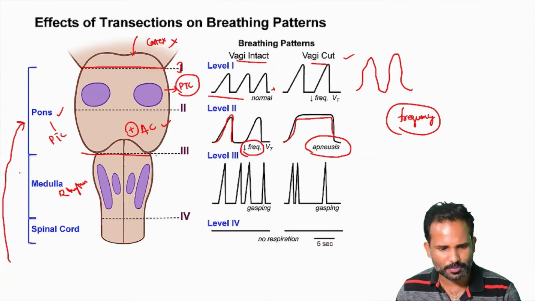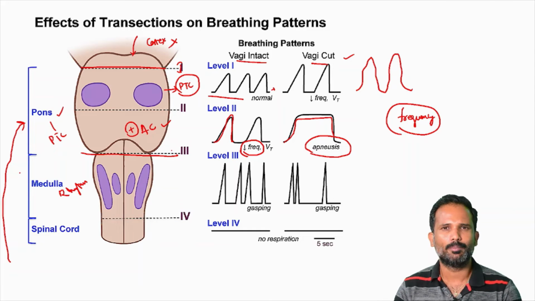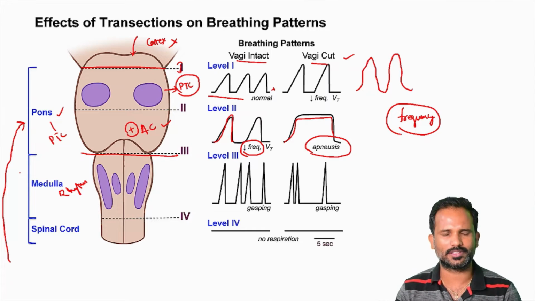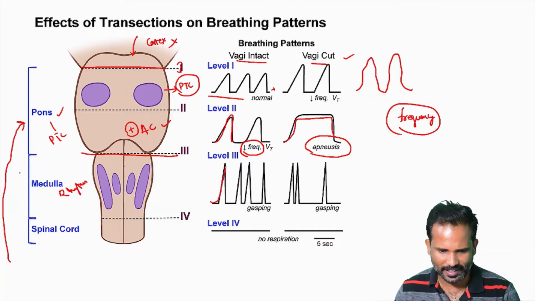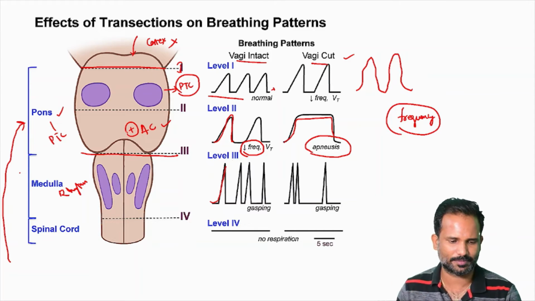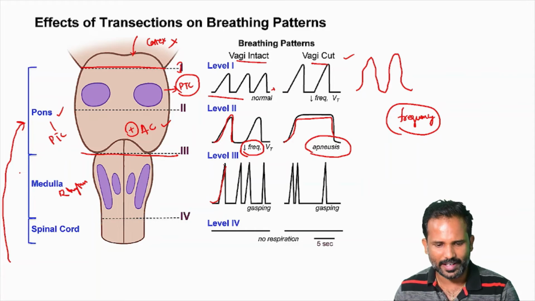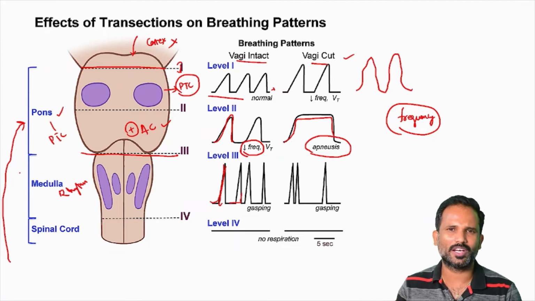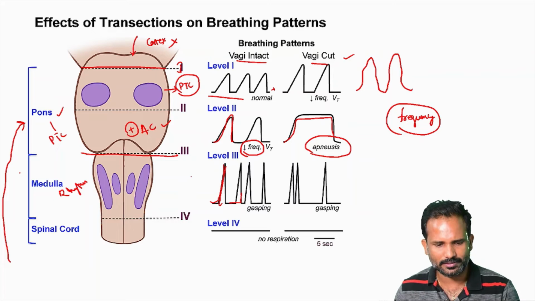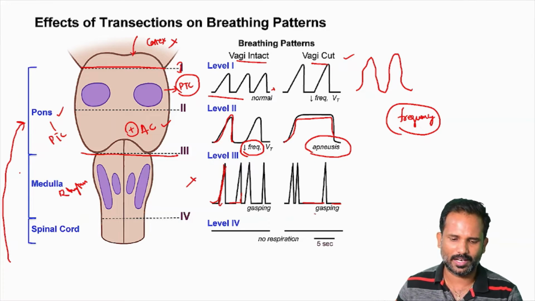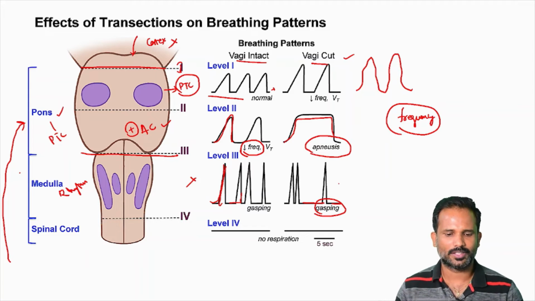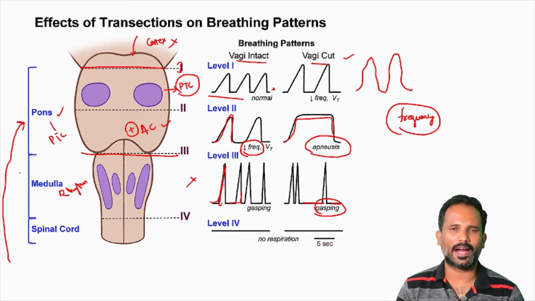Now the lesion is made below the apneustic center. That means the medulla is now independent of the pons. So the depth of respiration is increased. So switching between inspiration and expiration is cut. And when the vagi are intact, the pattern of respiration is maintained, but the depth is more. We are calling that gasping. But when the vagi are cut, you can see that the respiratory pattern becomes irregular, with cessation occurring. So gasping occurs. So an irregular pattern occurs if only the medulla is intact and the Pontine connections are cut.